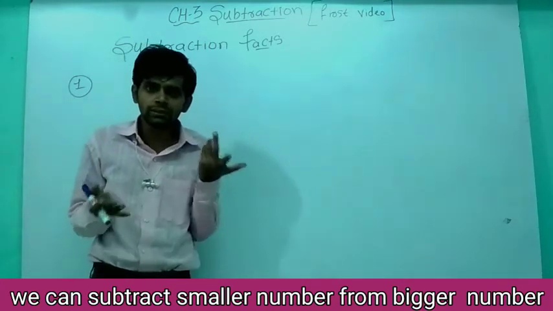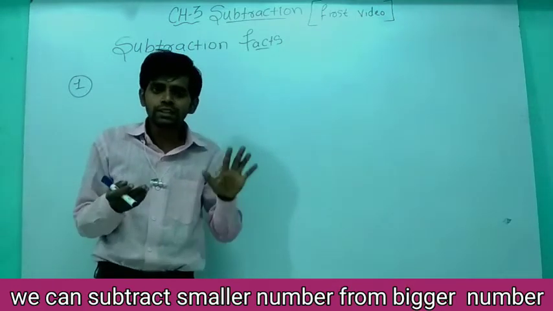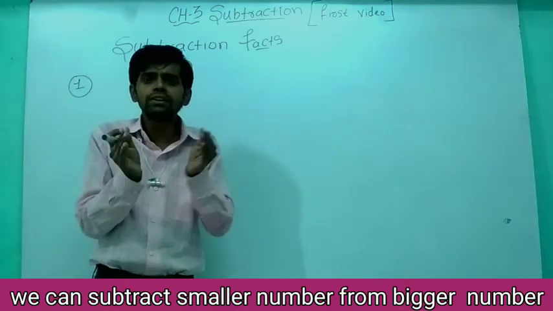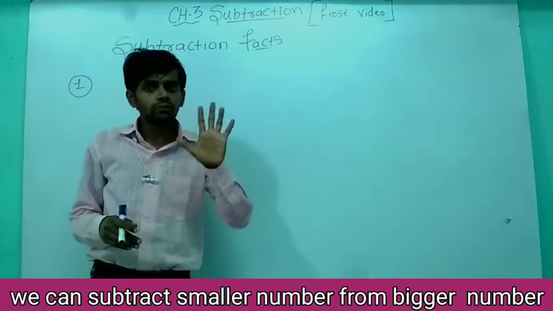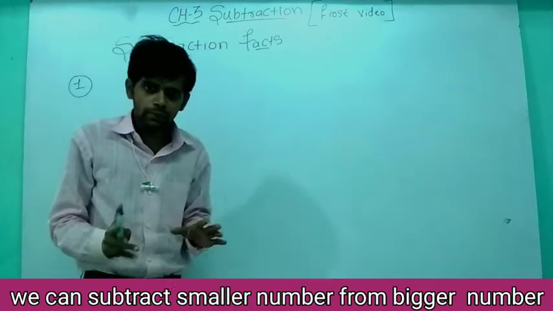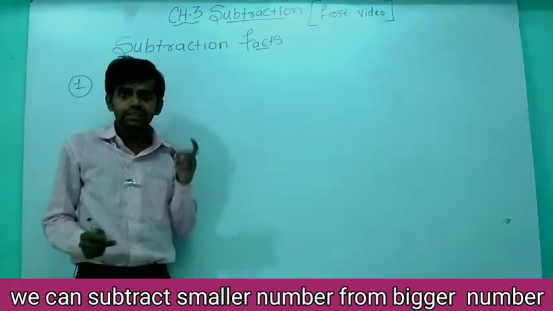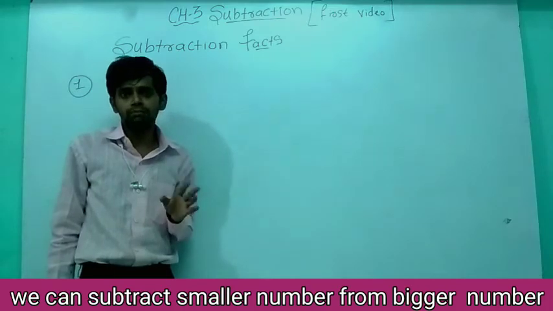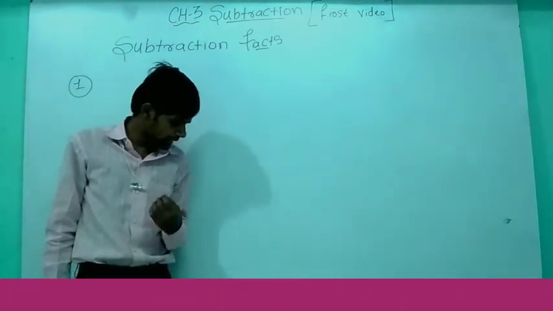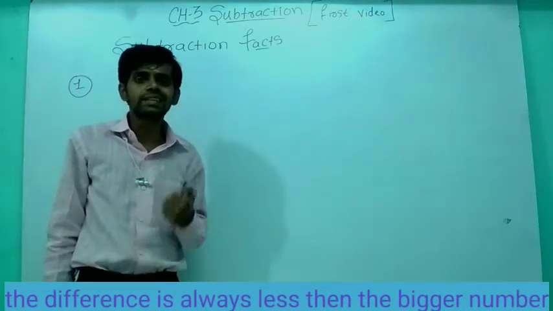I have only 5, how can I give 10, right? So it is not possible to remove a bigger number from a smaller number. We cannot remove 10 from 5. Okay, so always remember that we can subtract a smaller number from the bigger number. Understood? And the last but not the least, the difference will always be less than the bigger